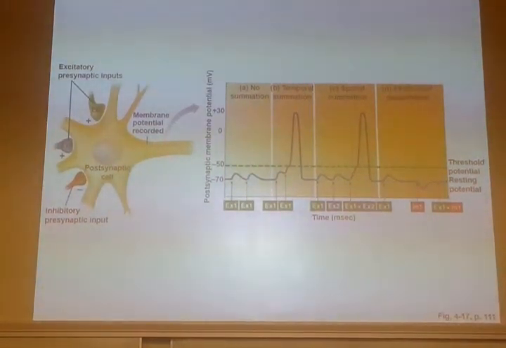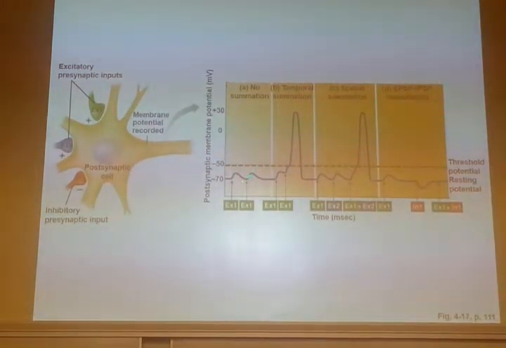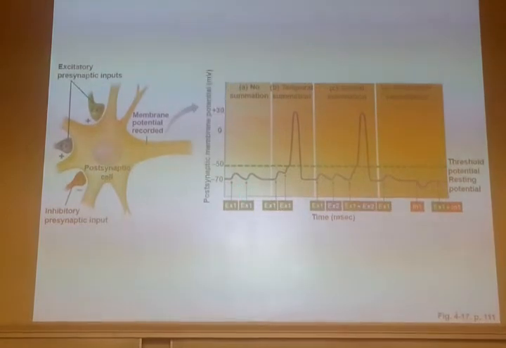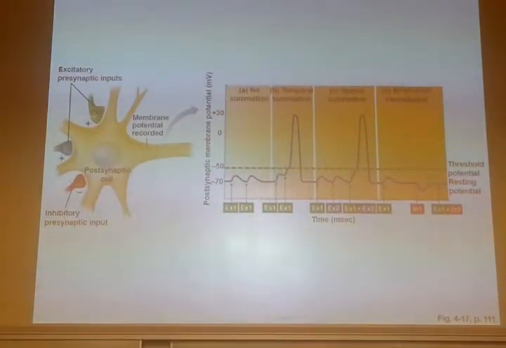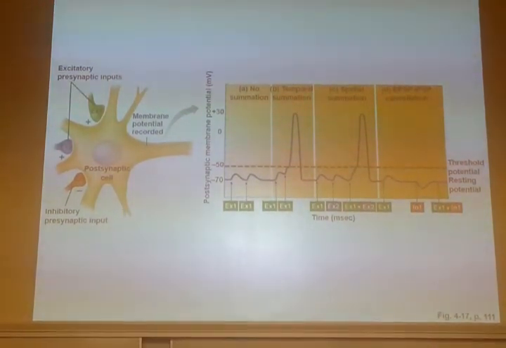In order to get summation, some of the positive charge from the first EPSP has to still be there when you open more channels with the second stimulus. And that's what's shown here. The arrows are indicating the time at which the stimulus arrived. Here, the time between the successive stimulus